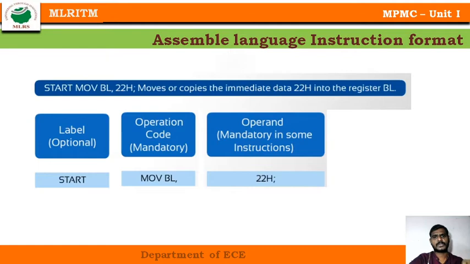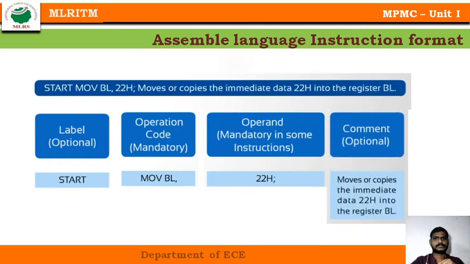That depends upon the type of instruction, whether it is a single byte instruction, a 2 byte instruction, or a 3 byte instruction. So this defines whether I need an operand or not. In the above example, 22H is an immediate operand, which means that I am giving the data immediately. 22 is an operand. In some cases this operand may be an 8-bit operand or a 16-bit operand, or this operand may be a register, a memory, or an IO port.